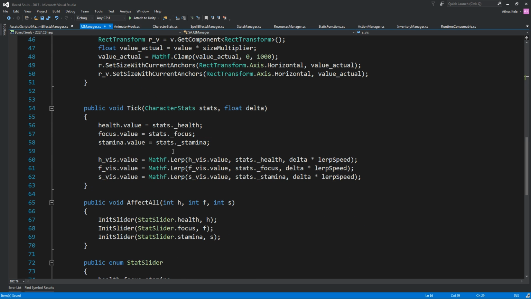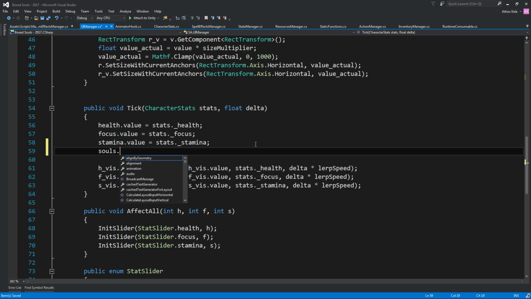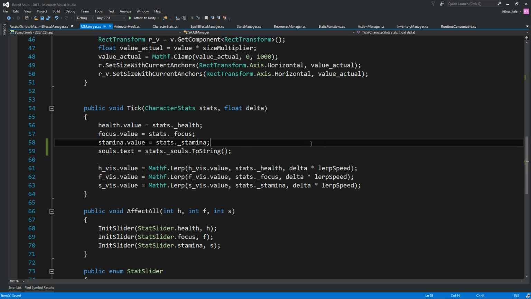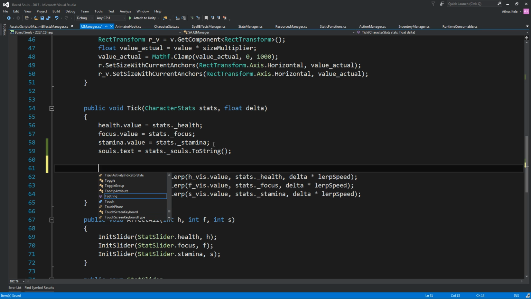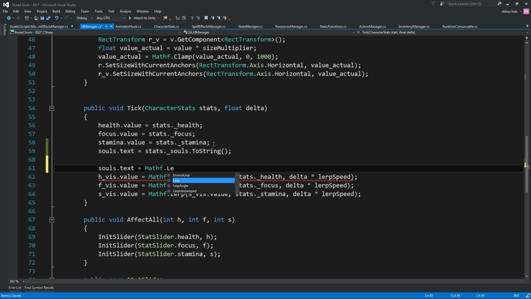And let's see where we actually assign this. Yeah, on tick. So you can just say source.text will be your stats.source.toString. I think for the actual source, you know, it kind of lerps. Well, okay, let's do it like that then. It's going to waste a little bit of performance to do this, but anyway,